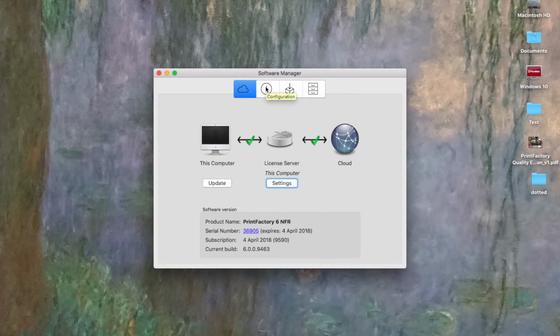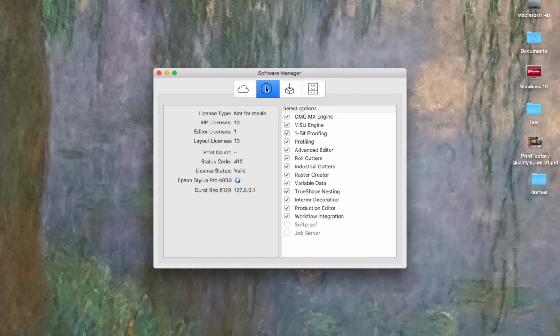The next one is configuration, and this shows all the details within your license, so things like industrial cutters and interior decoration. All the modules that you purchase are all viewable in here, and the ones you don't are switched off. And equally in here, because I have a not for resale license, hence the title, and it gives you the licenses you have for your RIP, your editor, and your layout, as well as the license relating to each